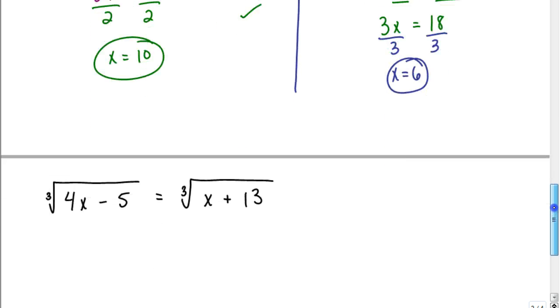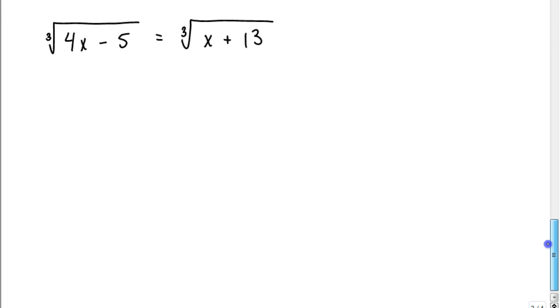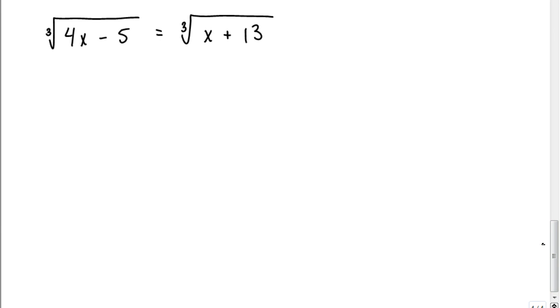Now I want to look at one more example here. We'll look at this one together. Here's one where we have a root on both sides. And notice this time it is a cubed root. So this time instead of squaring both sides, we're going to have to cube each side. And if you notice, the roots on both sides of the equation are all by itself. So all that happens here is when I cube both sides,